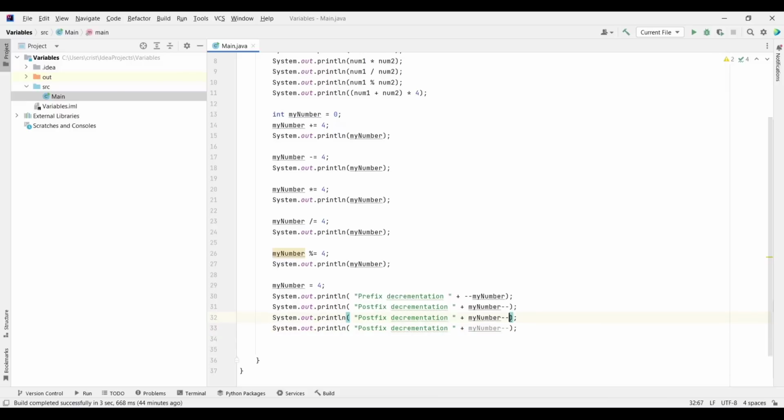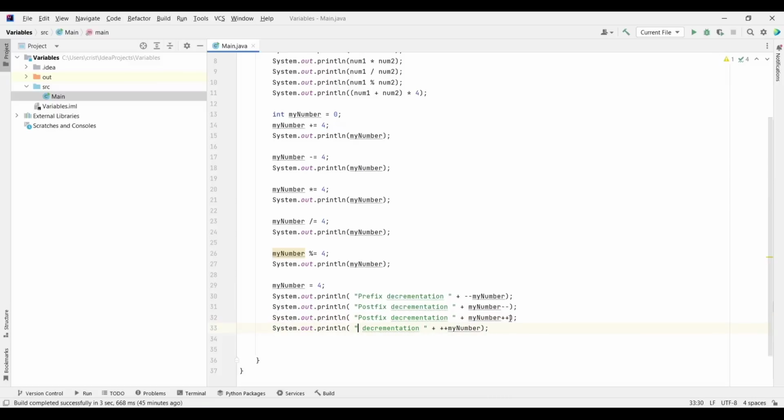and let's put here plus plus my number, and here my number plus plus, and I will change the text now, first to postfix, and this here I'm going to change to prefix.